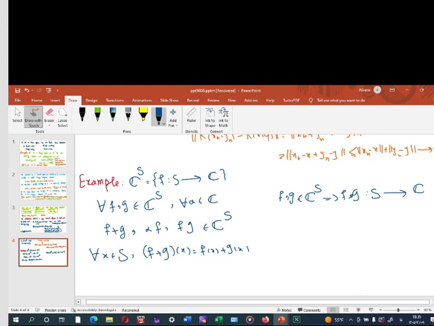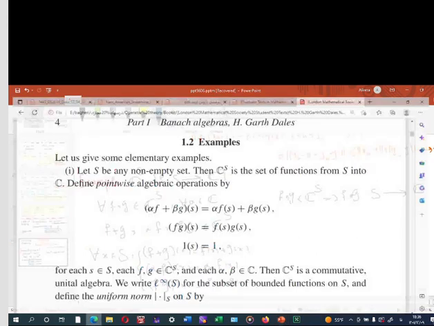And (alpha f) of x equals alpha times f of x, and (fg) of x equals f of x times g of x, because these two are complex numbers and these two are complex numbers, and we have a multiplication operation in complex numbers. Okay,